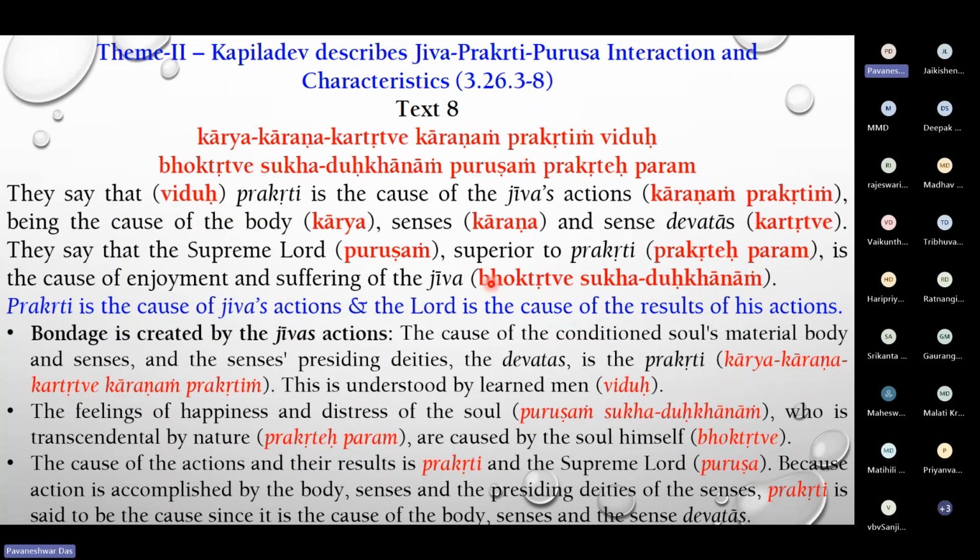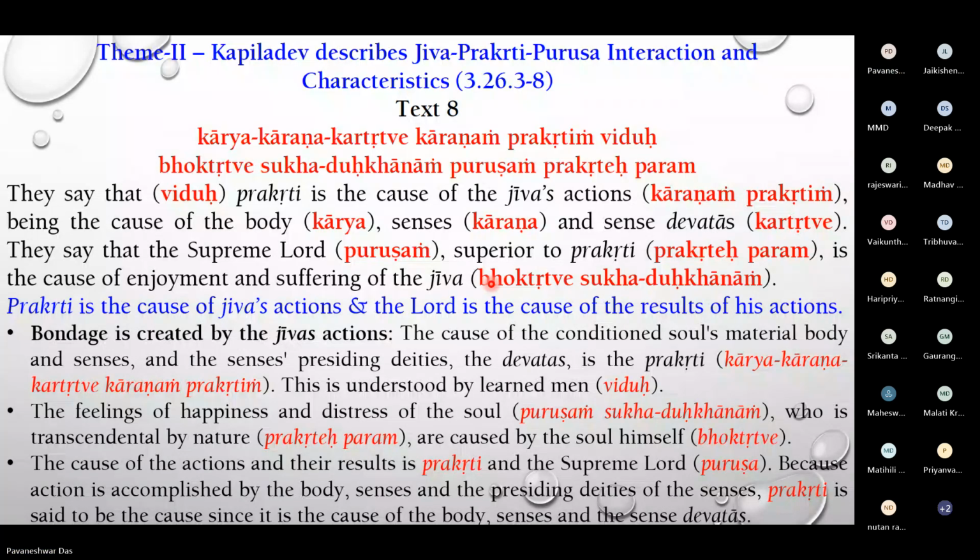14 senses: 5 Jnanendriyas, 5 Karmendriyas, and 4 Antakaranas, Manbuddhi, Ahankara, and Chetana. And the third one, Kartrutve, that is Jnana Shakti. That is nothing but 14 devatas, which are produced from Ahankara in the mode of goodness. So with the help of these 3 only, every activity that is being done in this material world is